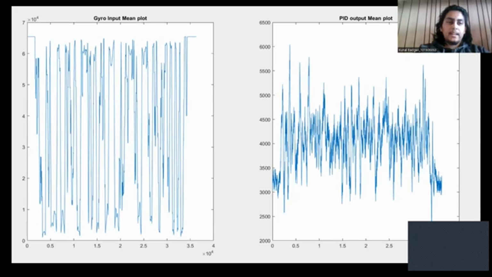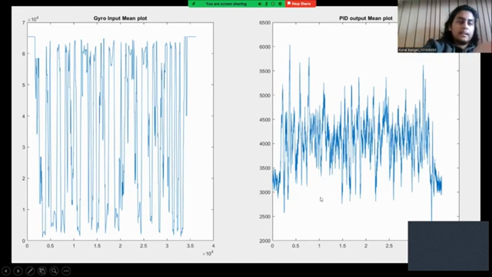Now in this particular graph, we can see that we have taken a sample set of gyroscope values, which we have taken from MATLAB and Arduino. And this sample set of gyroscopic values is given as input to our PID controller, which will be acting as our error signal. As we can see, in the input signal there are a lot of variations, a lot of changes,